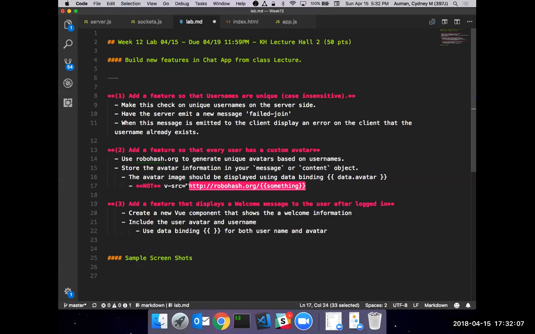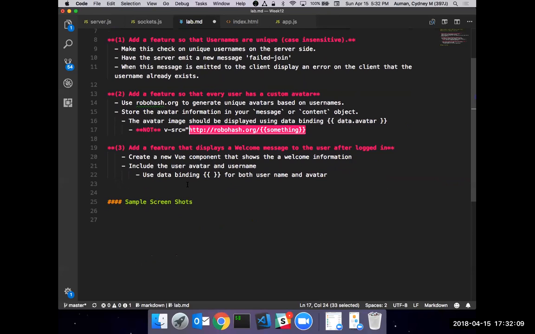So think about that. Then you want to add a feature that displays a welcome message to the user after they're logged in. This is where you're going to create a new view component that shows the welcome information, including the user avatar and username, and also use the data binding again for that. So I should be seeing things like this and not things like this.